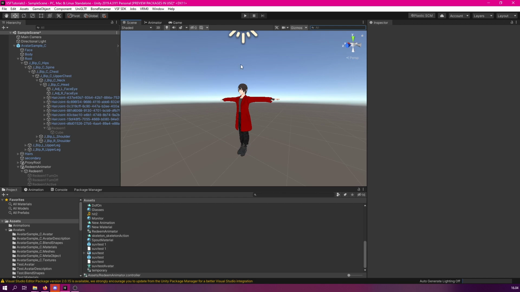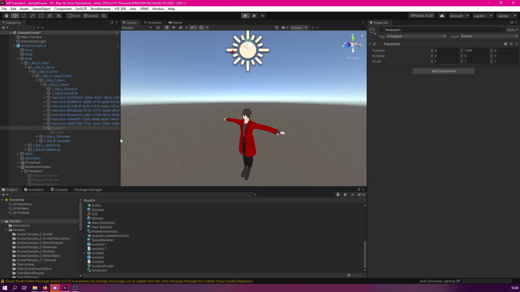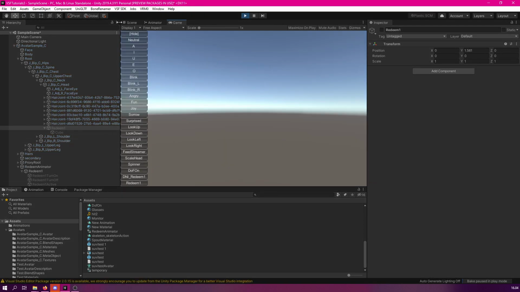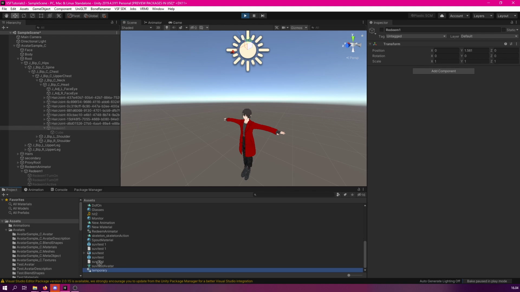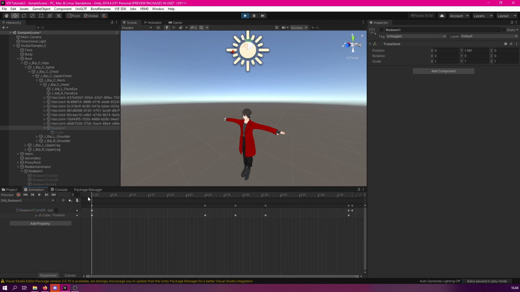Now another thing I did notice was that our head redeem is actually not hidden by default. So what we need to also fix is set the default state of the actual box to off, and then let us again go to the play state and we will fix the animation. So do drag the temporary animator again to your avatar, and then to the animation tab, let's find our DNI redeem 1, and